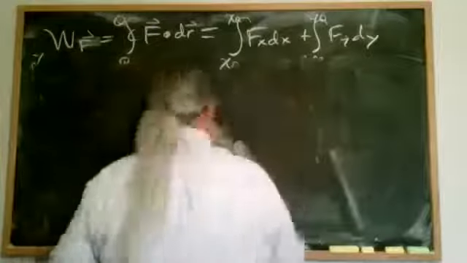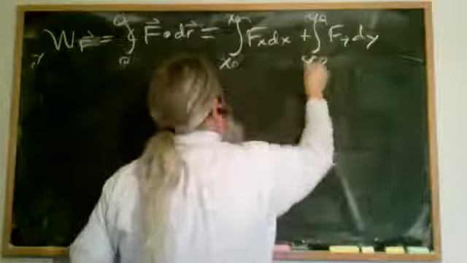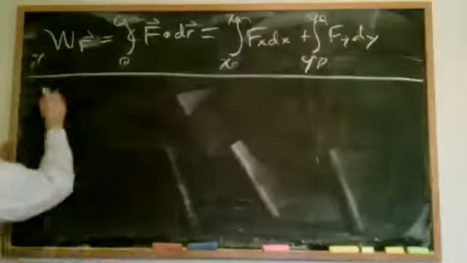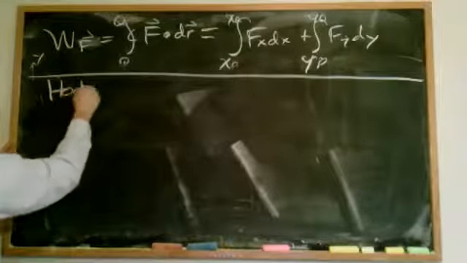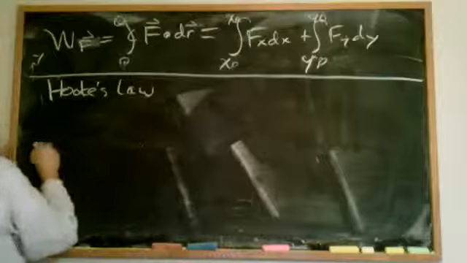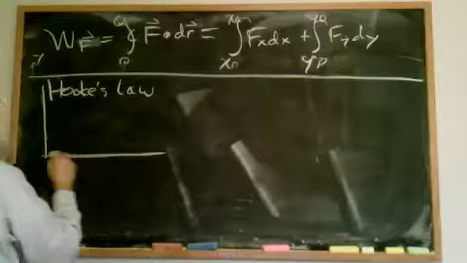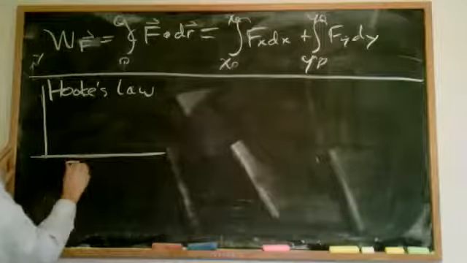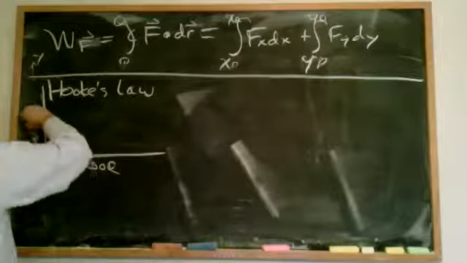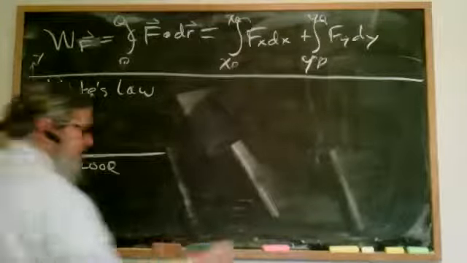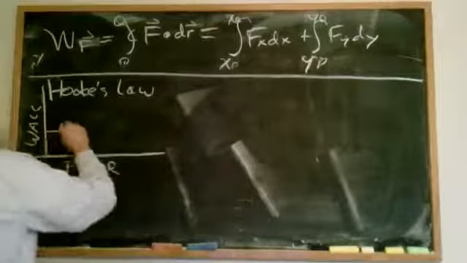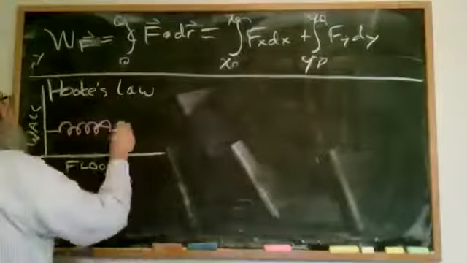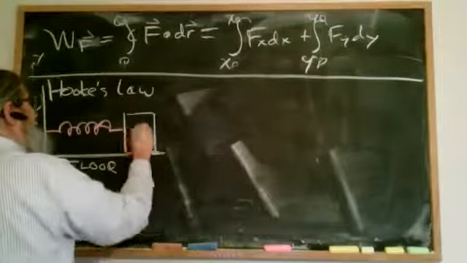So I'm going to leave this equation up here because I'm going to use it. I'm going to introduce a new force. This will be another force on your force menu, which is the force associated with the spring, which is called Hooke's law. So the way to introduce the force of the spring is I have here some kind of surface. We'll call this the floor. We'll call this the wall. And I'm going to attach something called an ideal spring, a piece of metal. And I'm going to attach it to a mass, m.